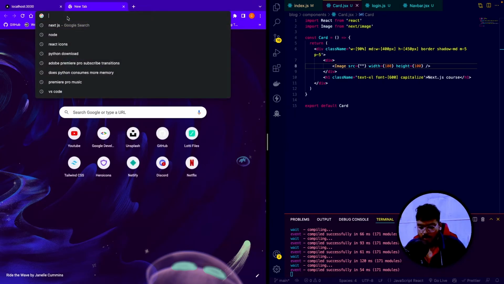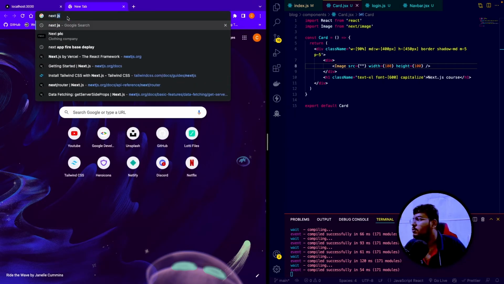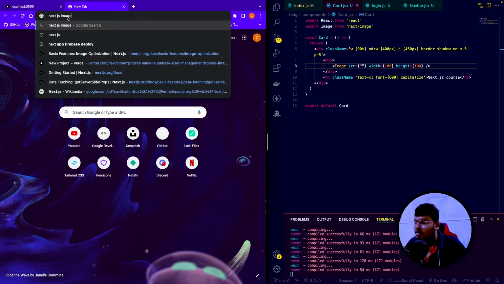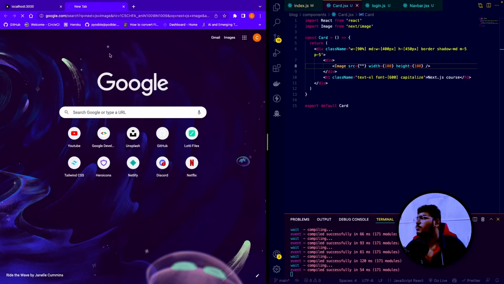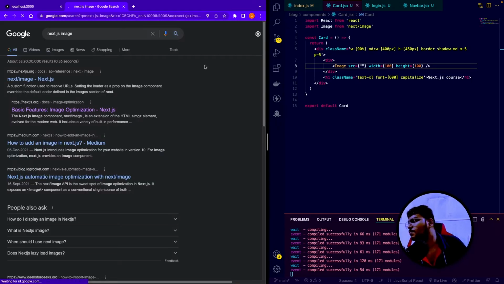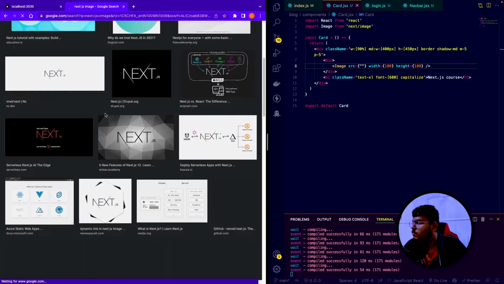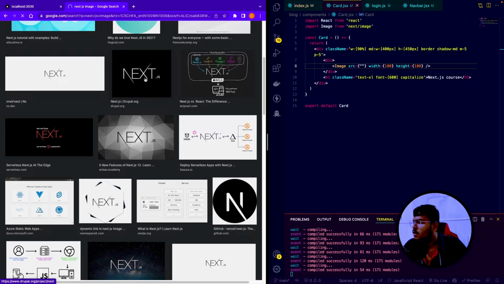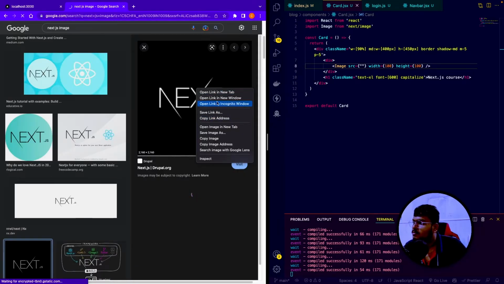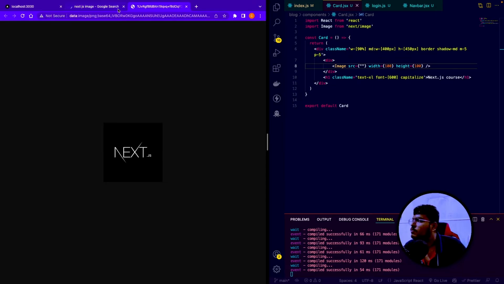So search for Next.js image, something just like this. Click on these images. Let's say I'm downloading this image. Click on open image in new tab, and I'm going to save this image. So save image as,